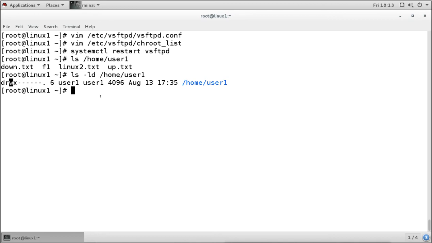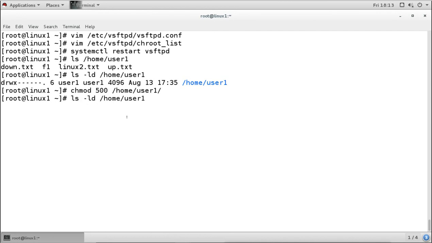It is the users who are only using the FTP services. That means we can enable the chroot for only those users who are only using the FTP services, because we are removing the permission on the home directory. So what we do, we can remove the permission. I will do chmod, and then the permission is 7, so I will say 5, and 00 for others on the home directory of user 1.